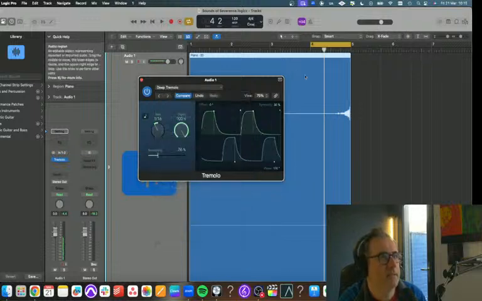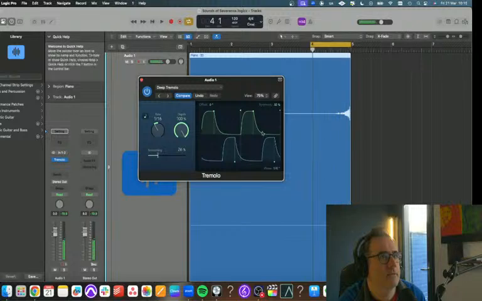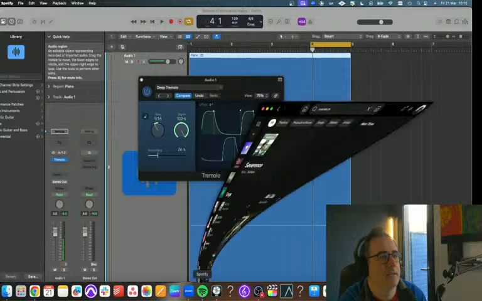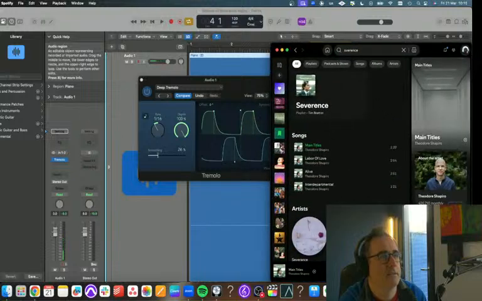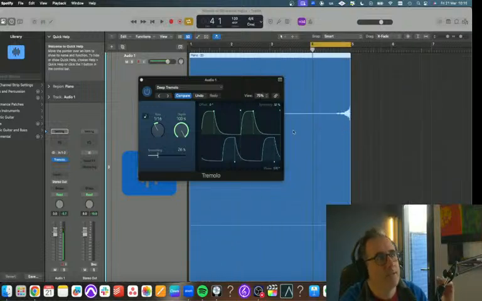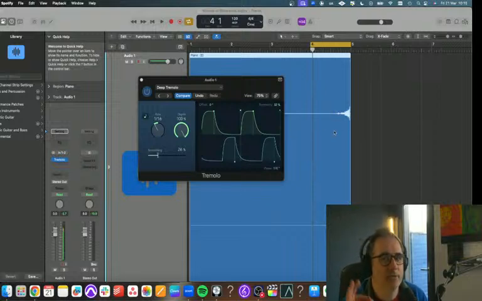Let's try deep tremolo. That's kind of close, isn't it? Let's have a little listen to see. So obviously it's going to get louder and there's a little bit of distortion on it. But just for the choppy in and out, so I want it really severe.